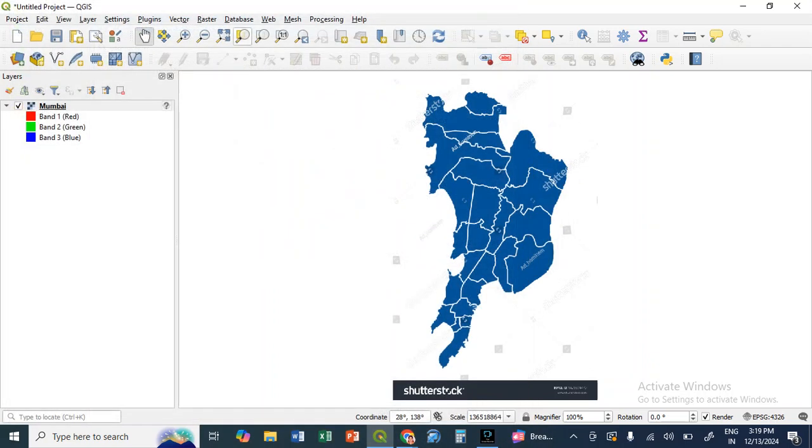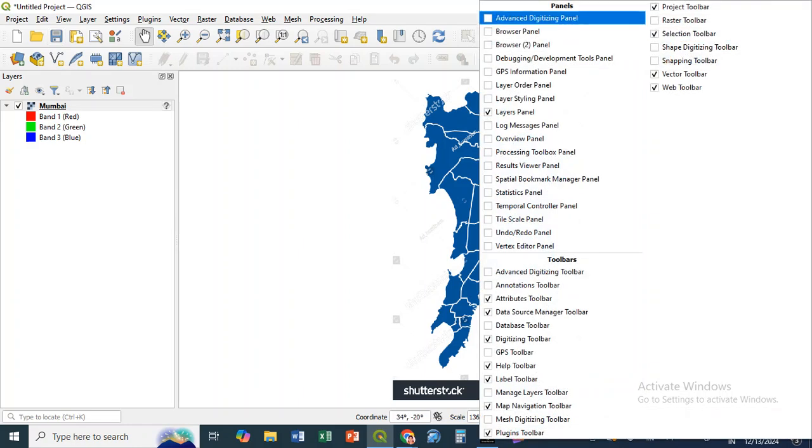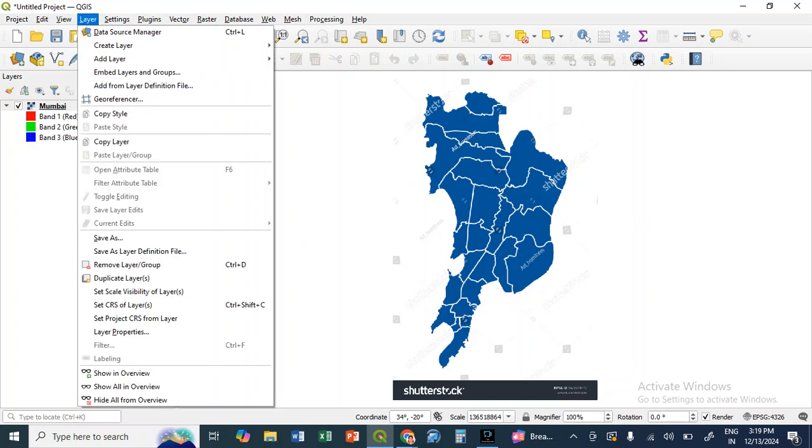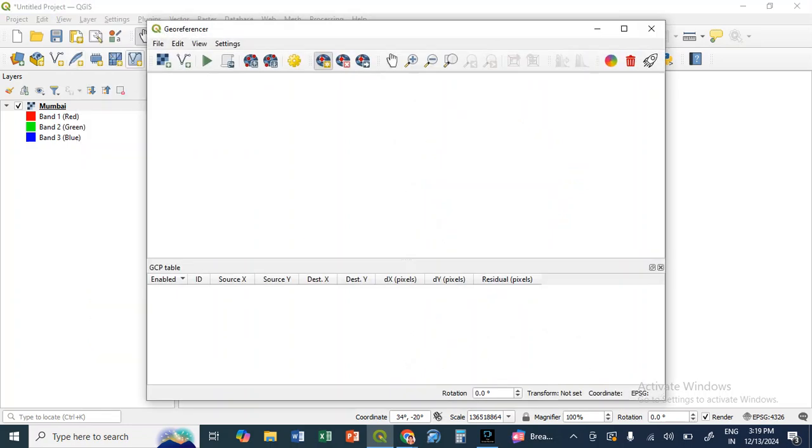And I will close it. It means that now the georeferencer has been added to your software. Now, when you go to layer, the option of georeferencer will appear. Okay, now once you click on georeferencer,